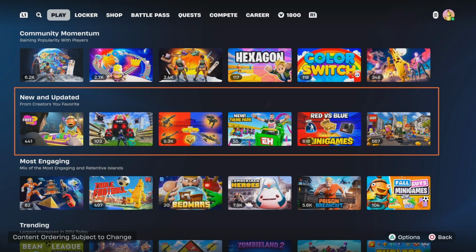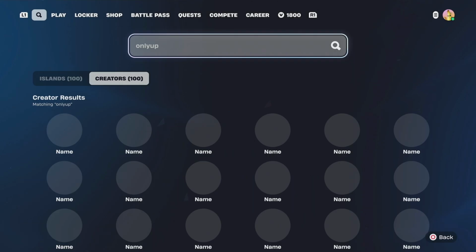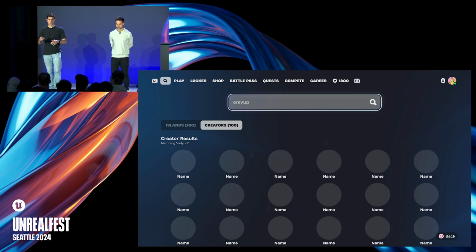The last place that creator pages are going to show up is within search. We want to carve out within the search page so that you, as a player, can search specifically for an island or for a creator. We don't have any weird mixing of intent when I'm searching for something. Players will be able to toggle between whichever one they're looking for, and we can adjust some of the weighting and get a better sense of directing players exactly where they want to go.